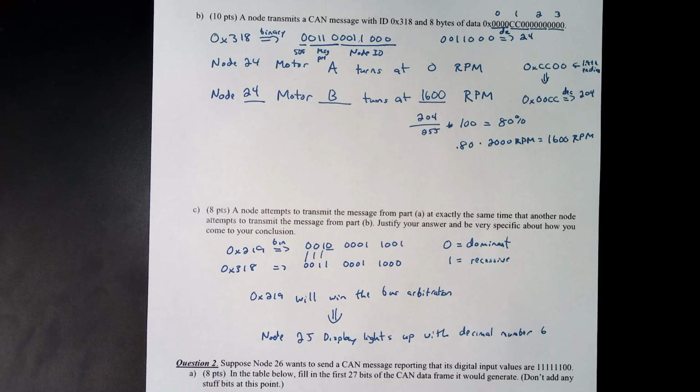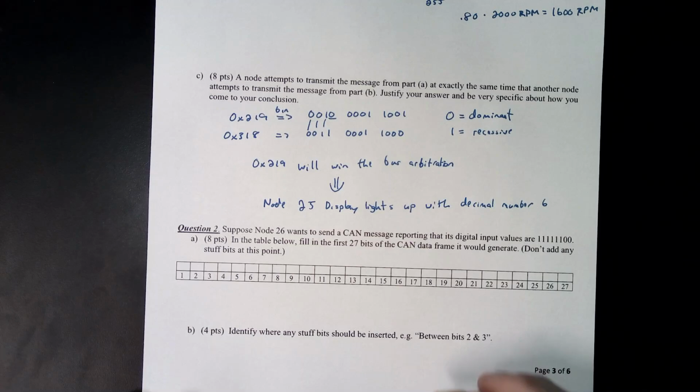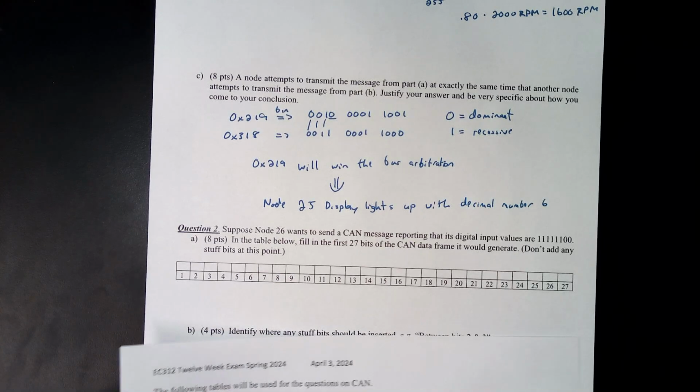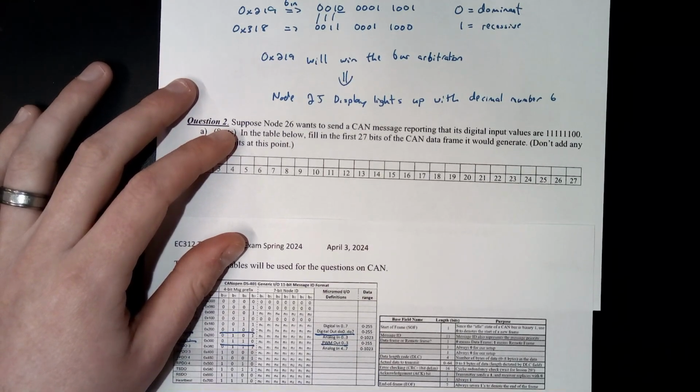I'm going to continue on to question 2 just because it also highlights CAN stuff, and it's right here. So sorry for the long segment here, but it's worth it, hopefully. So this says, suppose node 26 wants to send a CAN message reporting that its digital input values are as given. In the table below, fill in the first 27 bits of the CAN data frame it would generate. Don't add any stuff bits at this point. So here we're going back to our table of handy dandy CAN formats. And we are going to